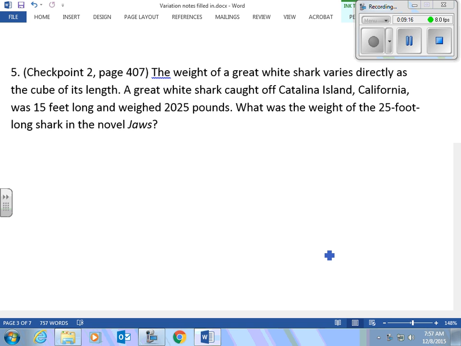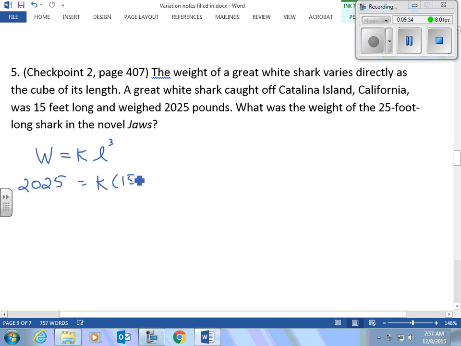So we can say the weight varies directly as the cube of its length. So W equals k times the length cubed. So the weight that we were given was 2025 equals k times 15 cubed. Let's pull out our calculator, solve for k, and we'll get 0.6. So we'll substitute that into our formula, and W equals 0.6 times